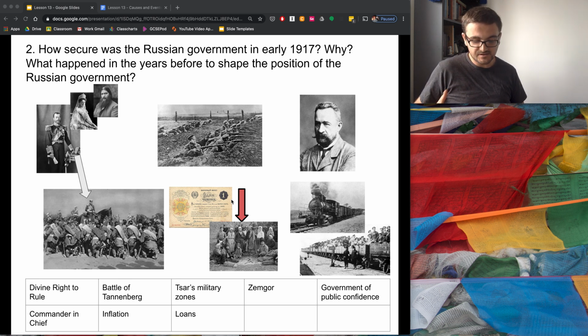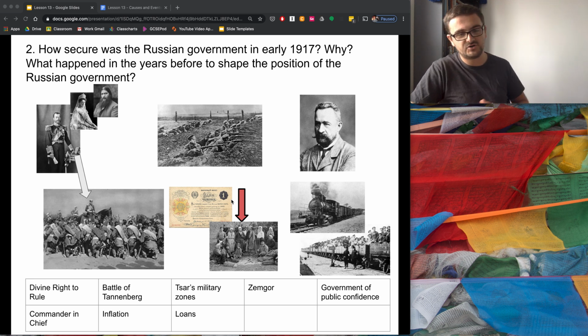This also leads to the problem of inflation, which makes life very, very difficult for the peasants in Russia. Because food becomes more expensive, the cost of things were rising much quicker than the rise of wages. You've got a similar situation as you studied in the hyperinflation crisis of Weimar Germany during your GCSE.